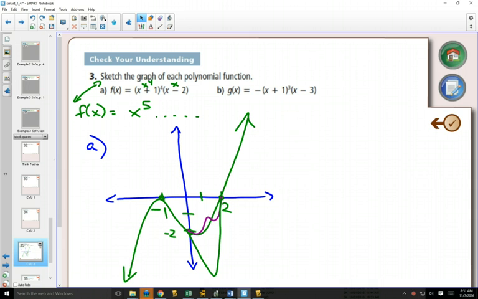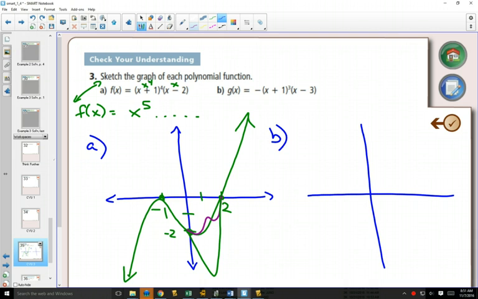So for part B, same kind of idea. We know that we have x-intercepts at -1 and 3. What's our y-intercept going to be? +3. If we multiply that all out,